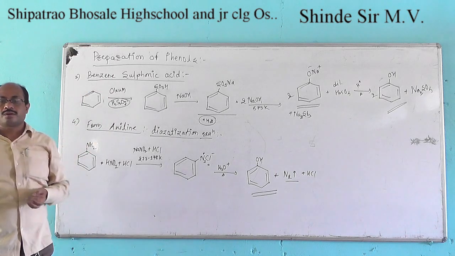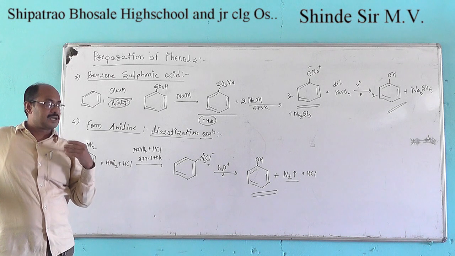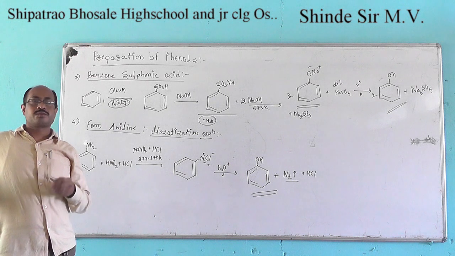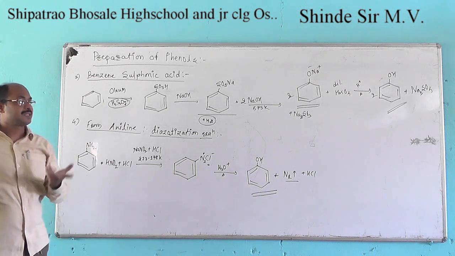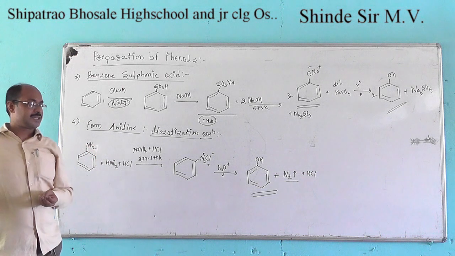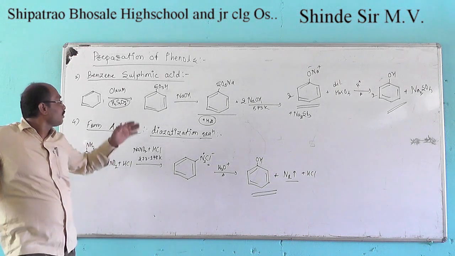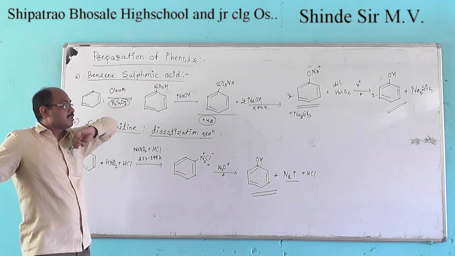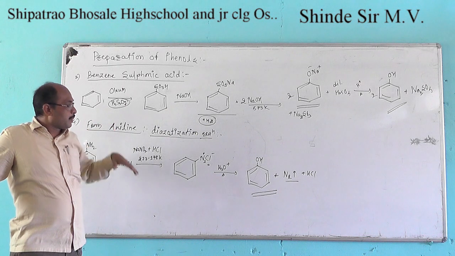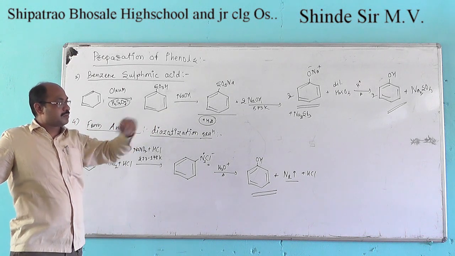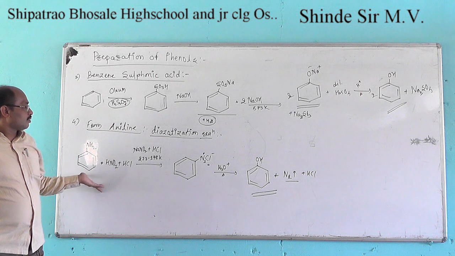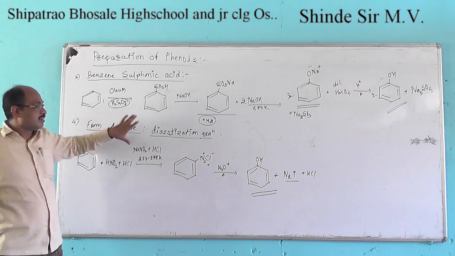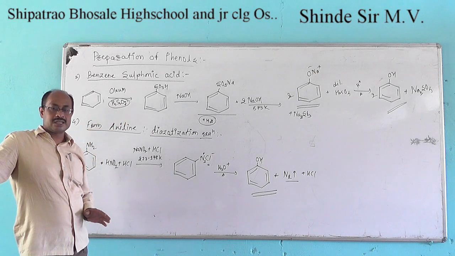The first one involves the formation of phenol from the corresponding chlorobenzene. The second reaction involves the formation of phenol from cumene, which is considered an oxidation reaction. The third one is the hydrolytic preparation of phenol from benzene sulfonic acid, which involves valuable byproducts like sodium sulfite and sodium sulfate. Now, the fourth reaction involves the formation of phenol from aniline, which is known as the diazotization reaction.